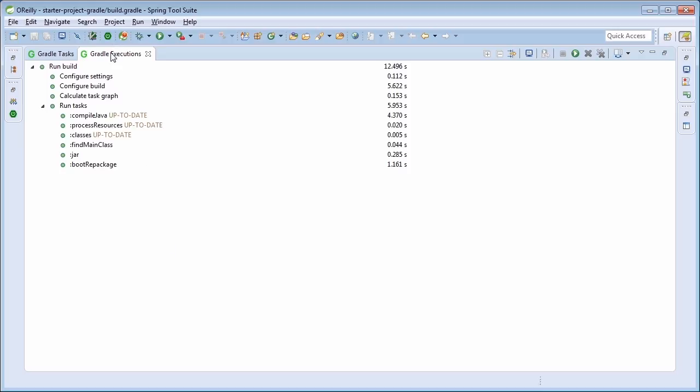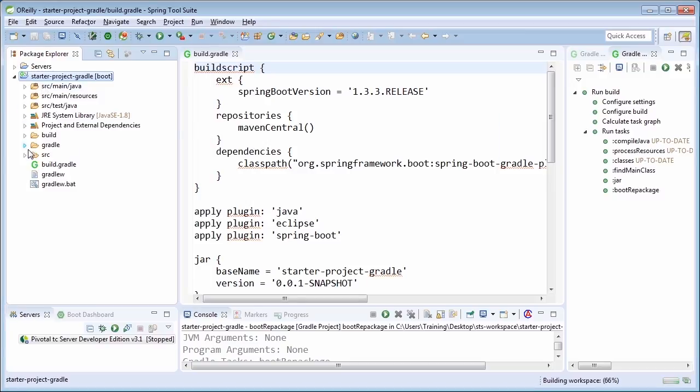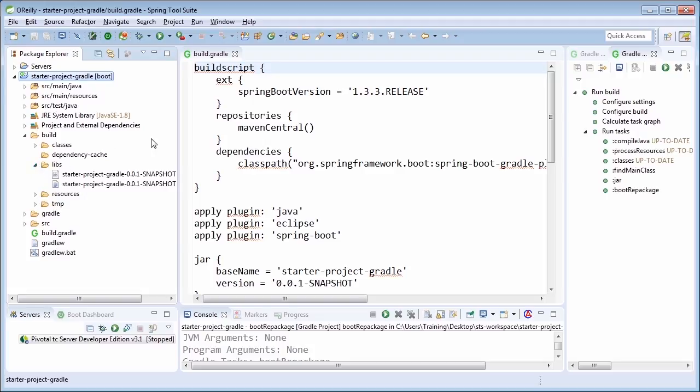If we minimize the Gradle Executions tab and we click on the Project Explorer and hit F5, you'll notice that our directory structure will now include the build directory. And within the build directory, you will see a starter-project-gradle jar file. Now you'll see the snapshot versioning information also on that jar file. But this was the executable jar file that was constructed by the boot repackage task within the Spring Boot Gradle